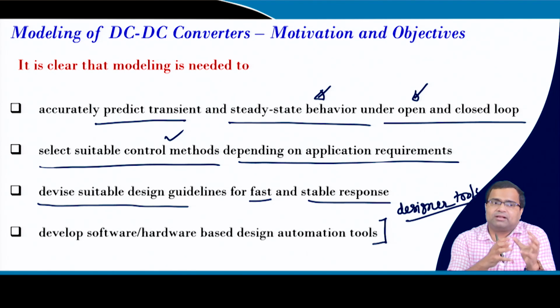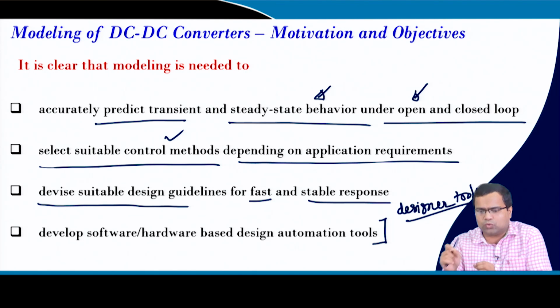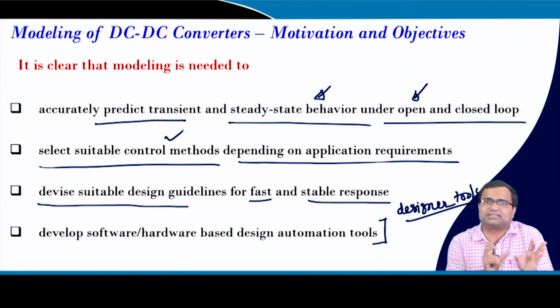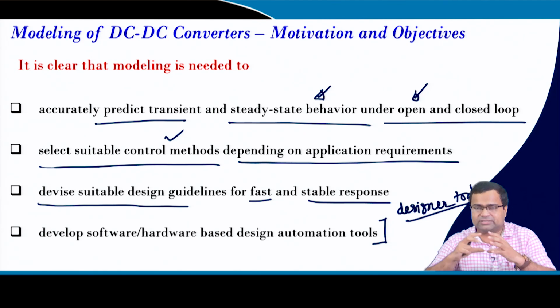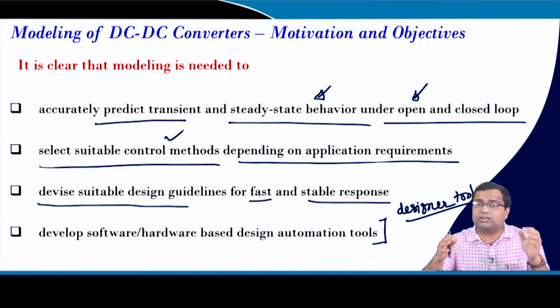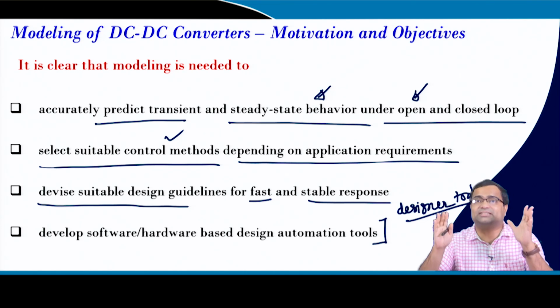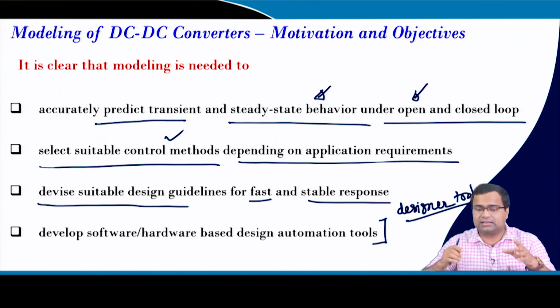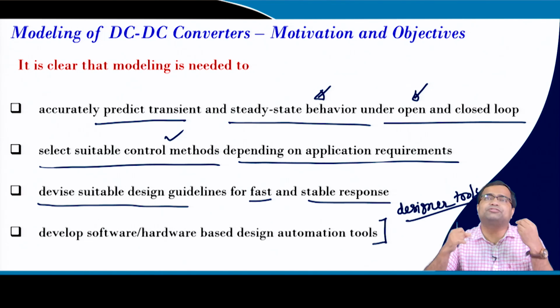You have, like, IC number 1, IC number 2, which can meet all these specifications, but each of them has a certain bill of material. That means some of them are using higher switching frequency, some of them using current mode control, some of them using voltage mode control, because you have not given any specification of the transient response. Once you start adding more and more advanced features, it will filter out and try to search for the suitable product which can meet your transient specification.